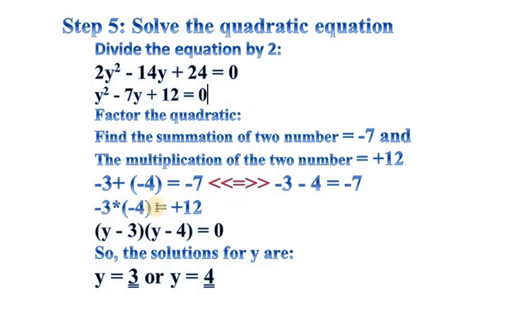Minus 3 times minus 4 is equal to positive 12. So y minus 3 in the bracket times y minus 4 in the bracket is equal to 0 ይመጣል። ስለዚህ y minus 3 is equal to 0 and y minus 4 is equal to 0, will be y is equal to 3 and or y is equal to 4 ይመጣል ማለት ነው።